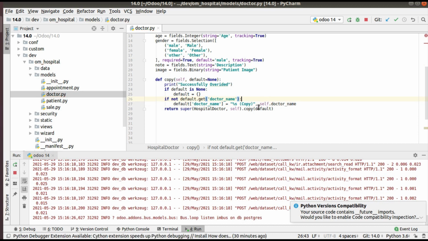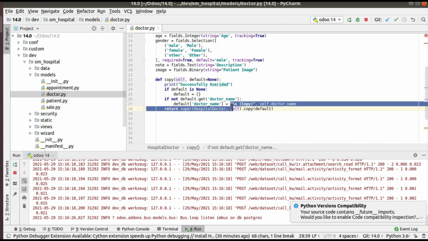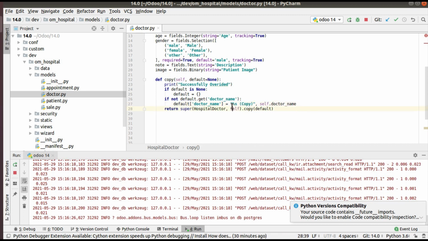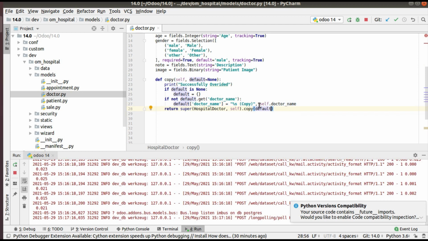So I am defining it like this, inside a bracket: percentage s space copy, where the percentage s will get replaced by self.doctor_name. Self.doctor_name will give us the doctor's name. So the result will be like this: doctor name space copy.